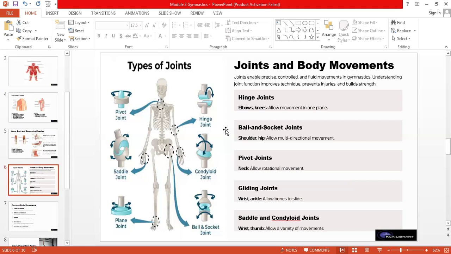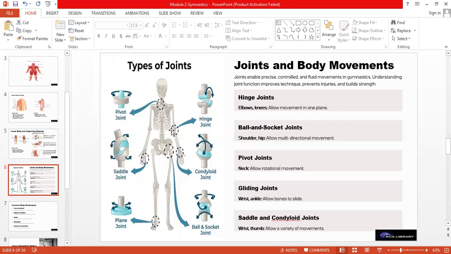It can be seen in the shoulder and in the hip. This is an example for the hip, so it can be seen in the shoulder also. It allows multiple directional movements. We have the pivot joint, and this is actually for the neck, and it allows for rotational movements at